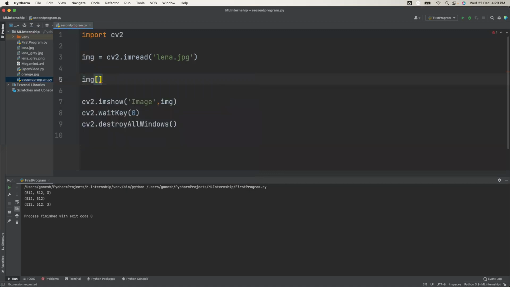If you want to use slicing, the starting index is 0, then you use the colon, and after the colon you put the end. What is the end pixel? The very first 100 pixels are 0 to 99. So let's print it first and see what the content is.